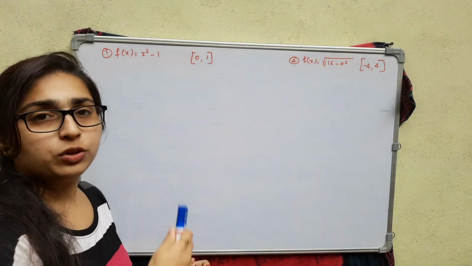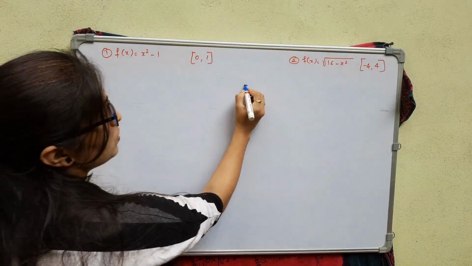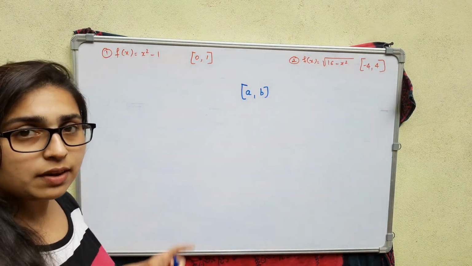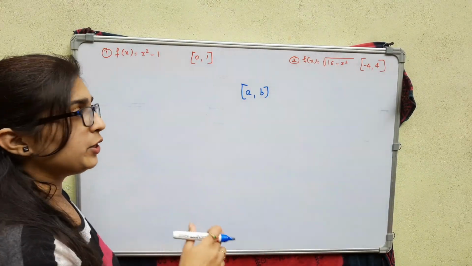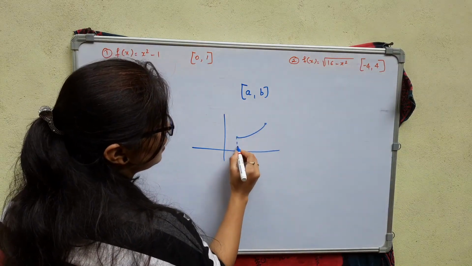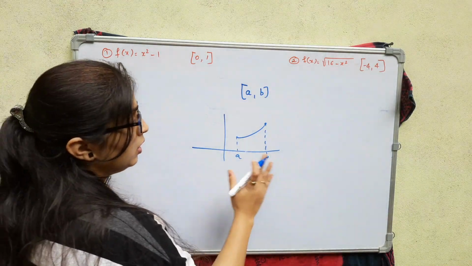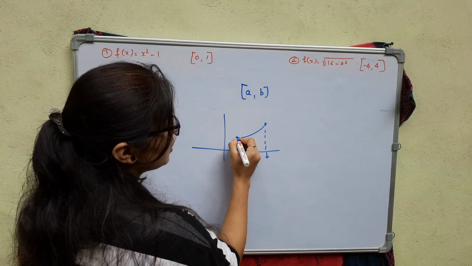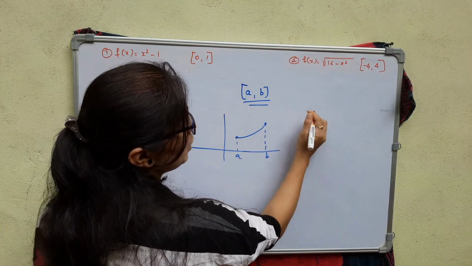Let us solve two problems on continuity on the closed interval. A closed interval is nothing but [a, b], and in one of my videos I have explained the conditions for the function to be continuous in this closed interval [a, b]. If I consider this as a and b, just to solve these problems I am explaining it once again. This is the closed interval [a, b], so it should be continuous in the